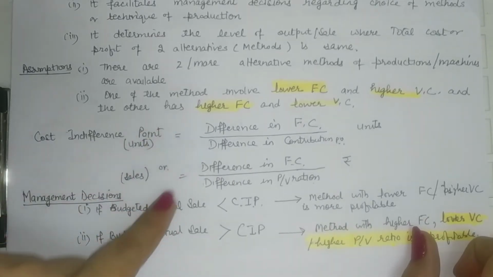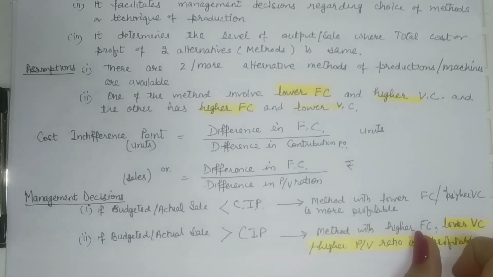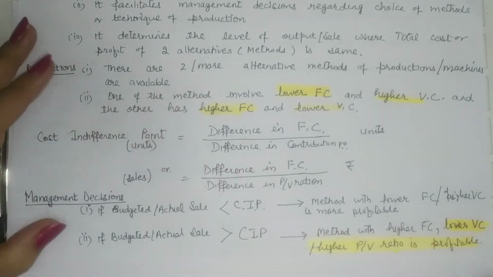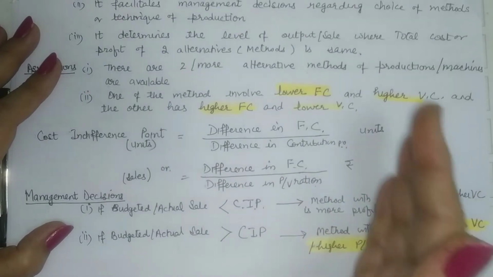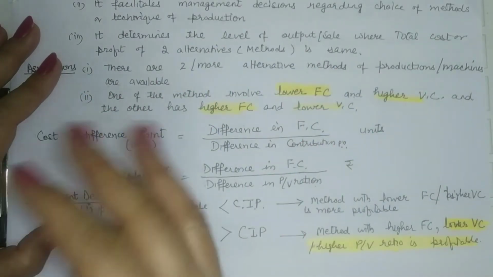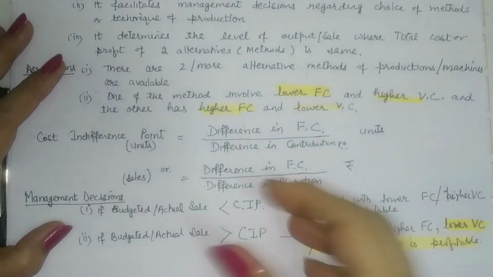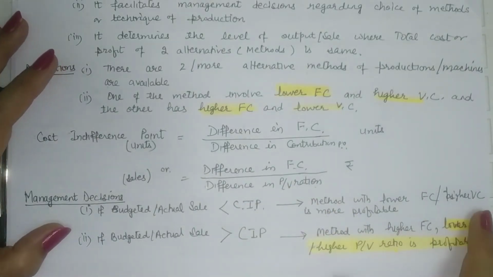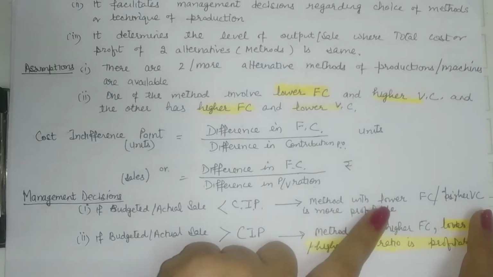However, if your actual activity level is below this, in that case you should choose a method wherein you have lesser fixed cost. Reason being that at this level of activity, both methods are giving you the same profit. But if you go slightly below this, slightly left of this activity level, it means your profitability is going to fall. If you sell lesser, your contribution is going to be lesser and so will be your profitability. But out of that contribution, you are still to cover fixed cost. So you should choose a method which will be having lower fixed cost.